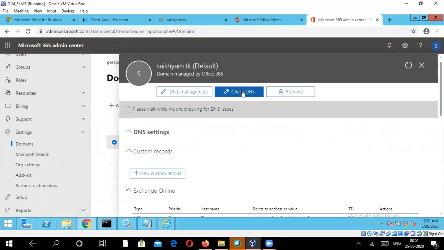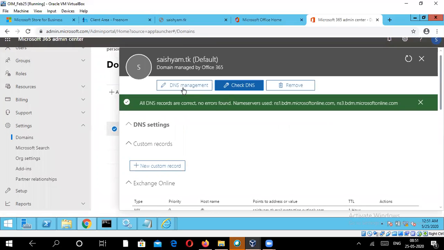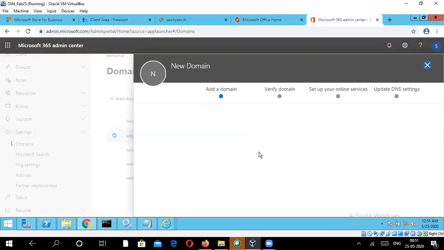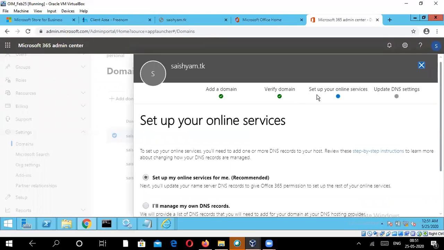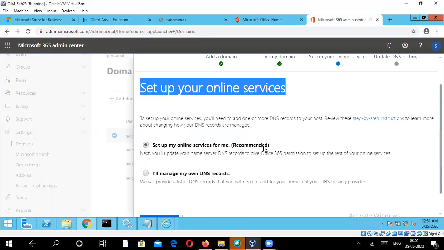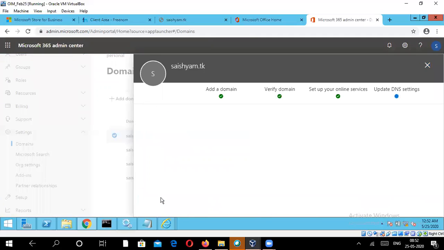page where it should say verify your online records. Okay, I click on DNS management. See, after the verified domain, you will be prompted for this one: set up your online services. You'd be having two options. One is whether to set up your online records services for me, or you will be managing your own DNS records. So I'm going to select the first option, the default one, the recommended one,